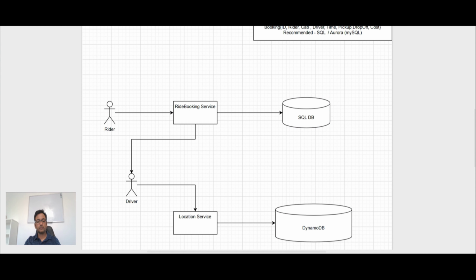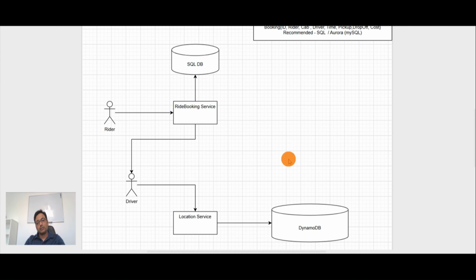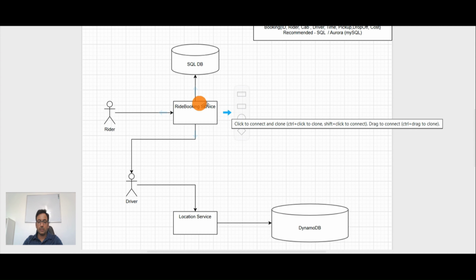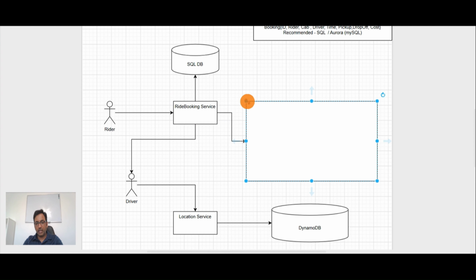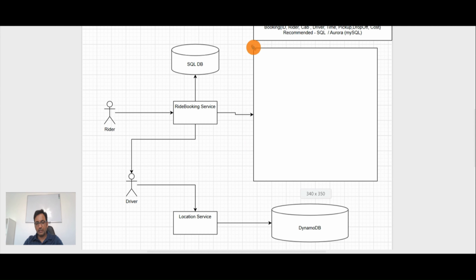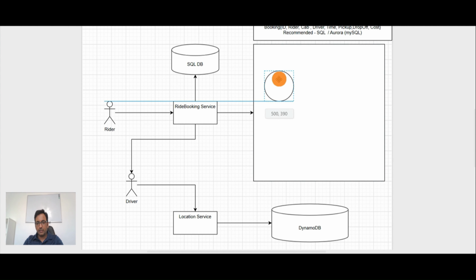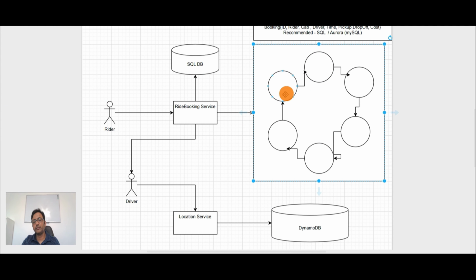And so the ride booking service will be having a list of servers, something like this. Server 1, server 2, all the servers are here, which are like S5, S6, and then